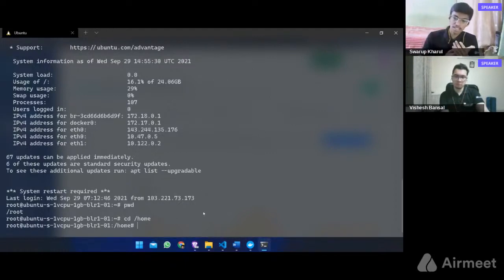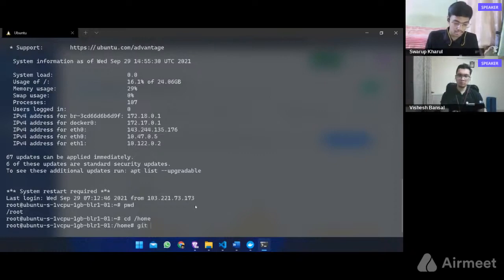There's one more method to get your image inside a server, that is using Docker Hub. What is Docker Hub? Docker provides a Docker Hub which stores all your images and which can be pulled into any server. So if I'm a user, I can create my image, push it into Docker Hub's registry, and then wherever I want to import that image, I can just pull it from Docker Hub. But as I mentioned, we'll be using GitHub.